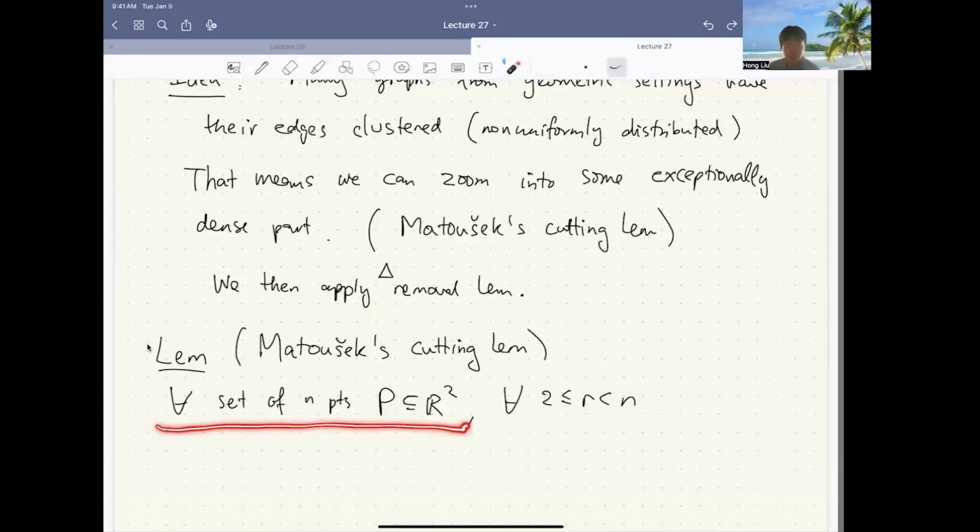For any set of points, for any parameter between 2 and n, then we can find